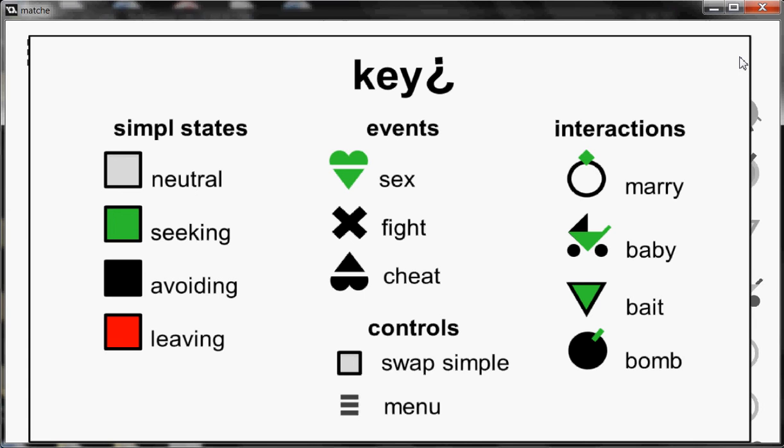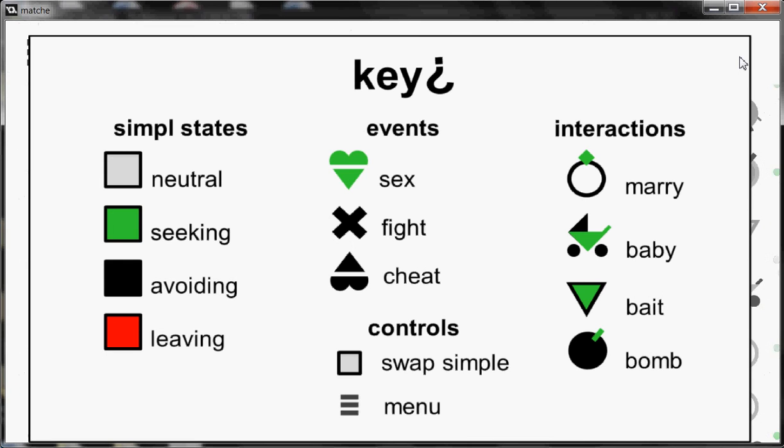The engine will predict how often they are having sex, shown by a rising green heart, and the quality of each sexual encounter, with larger hearts indicating better sex. The Matché engine tallies fights, shown with a cross, and even postulates on how likely each simple is to have sex outside of the relationship given the opportunity. This is shown with a descending black heart.